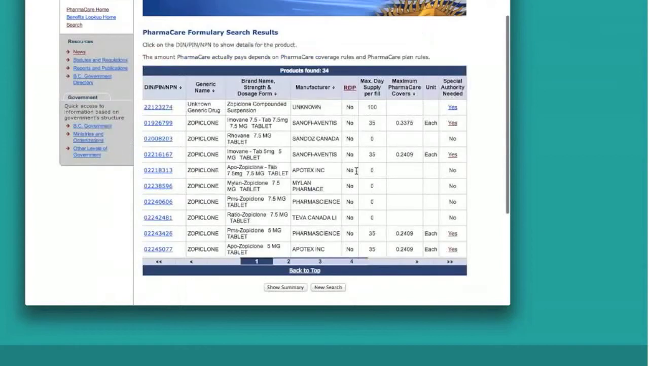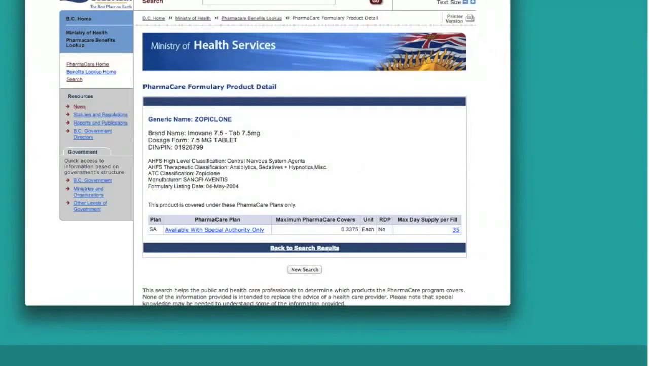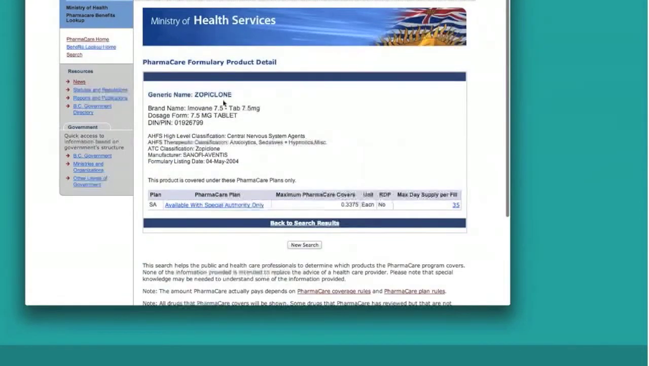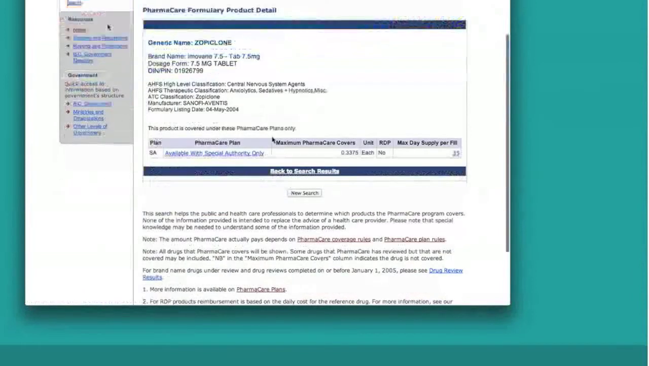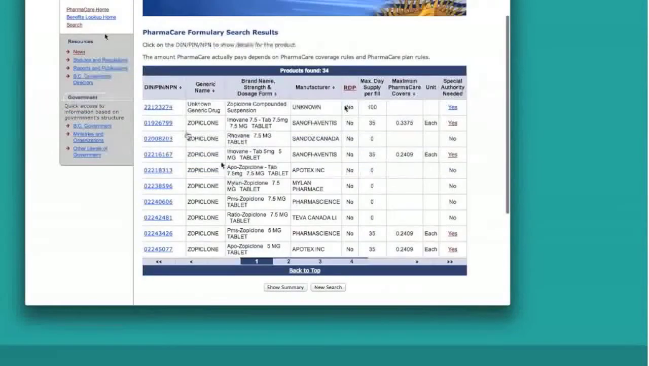Going back to that table here, if you click on the left-hand side where the DIN is, the drug identification number, it'll give you a brief summary of the coverage of the drug. So it'll give you Zopiclone, and here's a summary that it's available only with special authority coverage. This is a summary for all Zopiclone products. And going back to this table again,